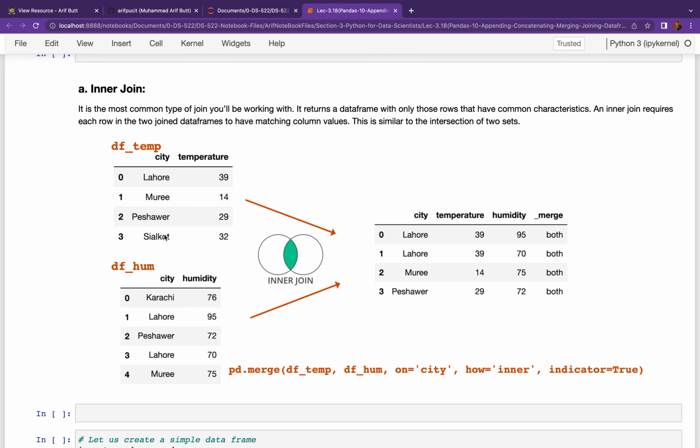Moreover, over here we have two records for humidity level of Lahore, and finally we have the humidity level of this Karachi city, but it does not have the corresponding record in the temperature data frame. I have intentionally designed these data frames as such to have a clear understanding of all the related concepts. Let us suppose that we